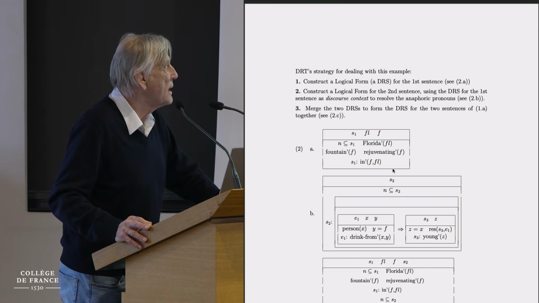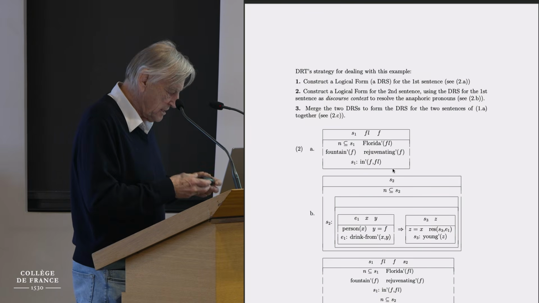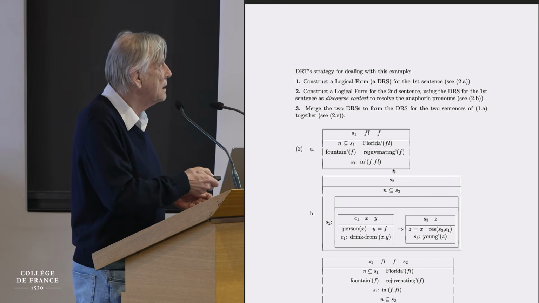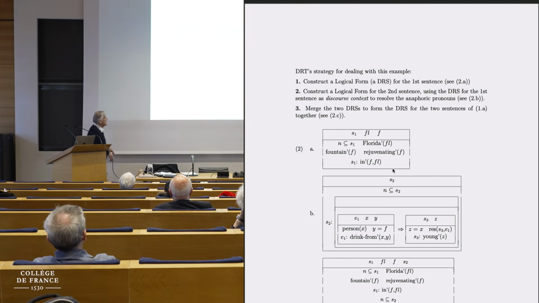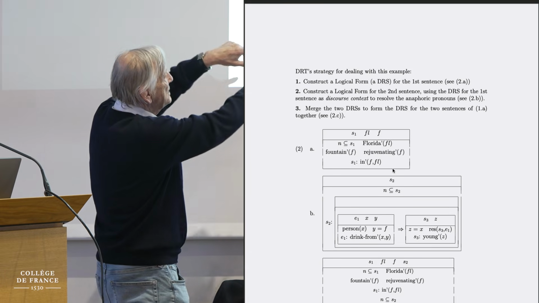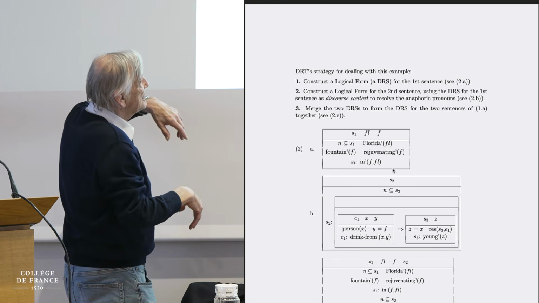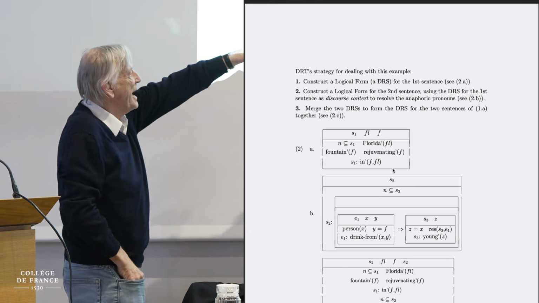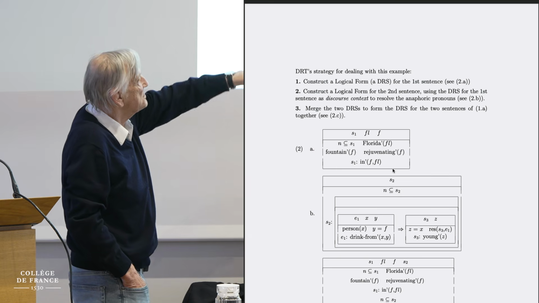So, let's see. Okay, the Y and the F are related. The Y is for the pronoun "they", and the F is for the "someone" in the second sentence. And there is a similar anaphoric relation between the "it", the Z, and the X is for the